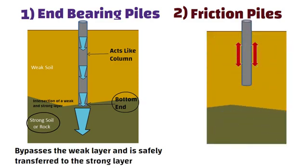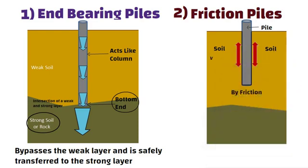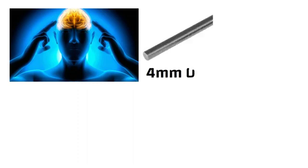Friction piles work on a different principle. The pile transfers the load of the building to the soil across the full height of the pile by friction. In other words, the entire surface of the pile, which is cylindrical in shape, works to transfer the forces to the soil. To visualize how this works, imagine you are pushing a solid metal rod of say 4 mm diameter